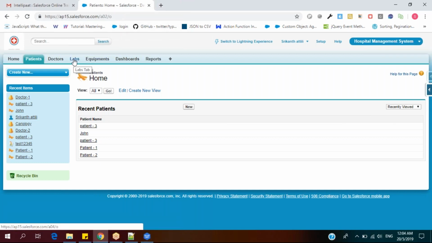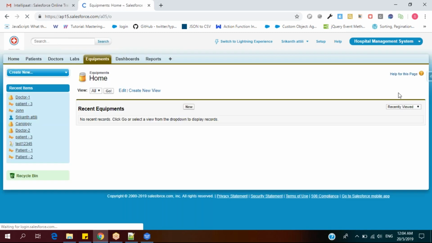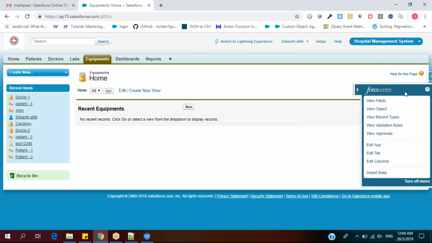One lab can have multiple equipment. So lab is the parent, equipment is the child. Fine. So then start with equipment. Go to equipment. This time we will choose